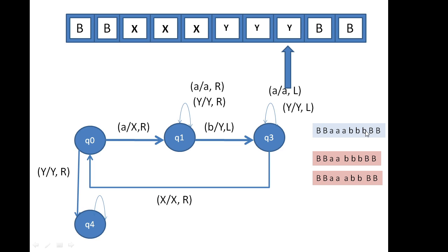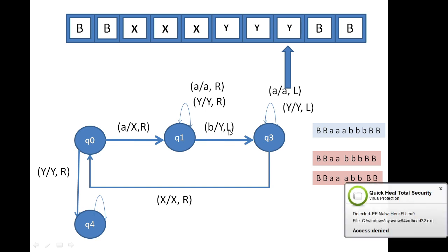So I'm going to traverse this string again and let you know. The A over here is converted into X, and I'll move right. Then I'll get an A, so I'll just let that A be as it is. I'll move to the next A, and let it be as it is. I'll get a B. That B I'll convert into Y and I'll move left. As soon as I move left, I'll encounter an A. I'll let that A be as it is and move left. Again, I'll move left and get an A.